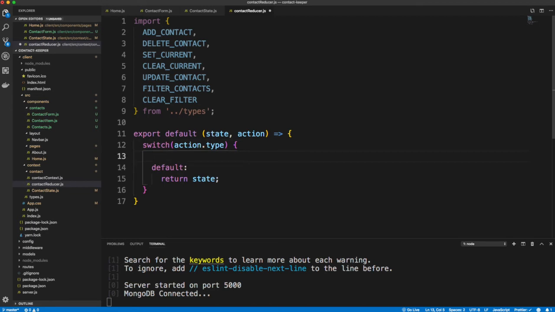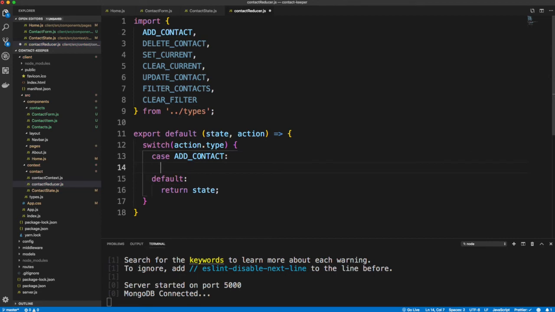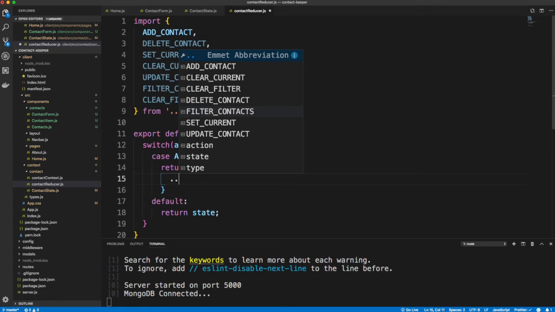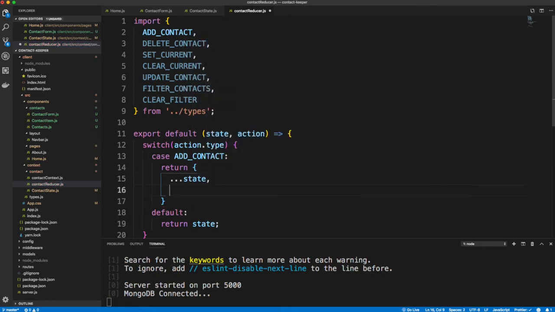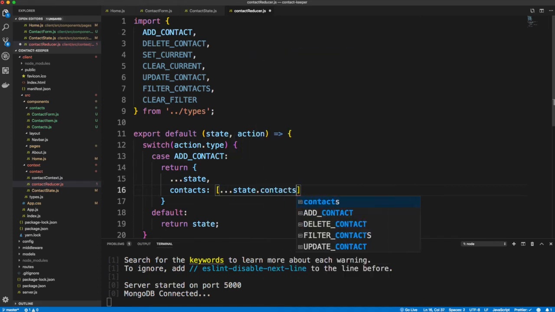Okay, now let's add our case of add contact, and when that happens, what we want to do is return the current state, and then for contacts we want to just add the contact. Now we can't just change contacts. State is immutable, so we have to copy what's already there, and we can get that by using the spread operator and then state.contacts. And then we want to add our data, which we sent in the payload, so we can add